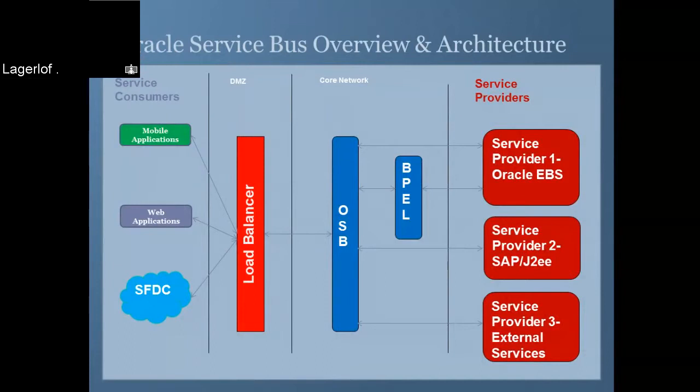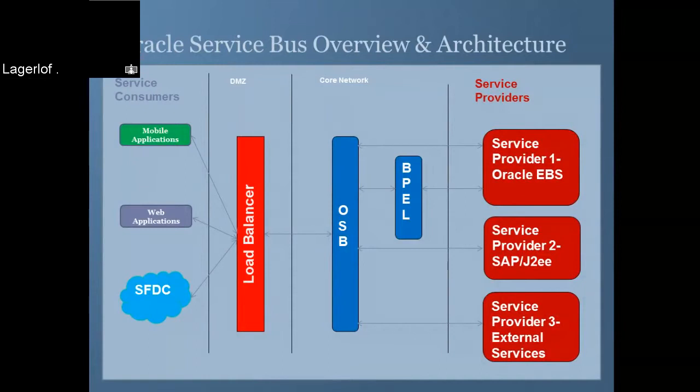So the OSB can connect to your backend system, and it can also call a BPEL, where you want to call a set of services in a process-based service, then you can use BPEL. So usually OSB will be in a core network, and you have a load balancer. OSB will usually be in a cluster environment, so the load balancer will do all the workload management of the traffic and direct the request to